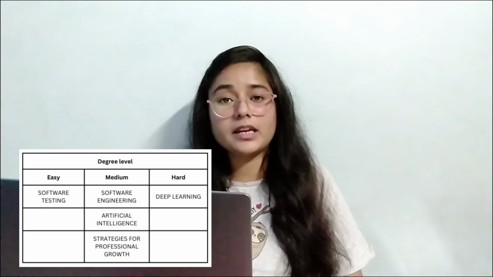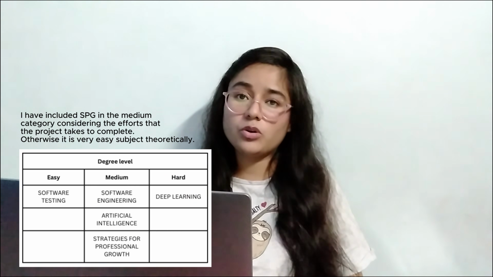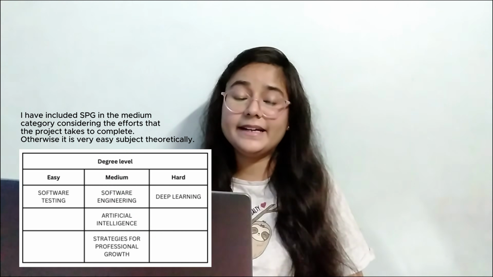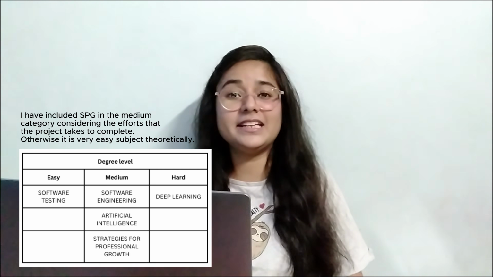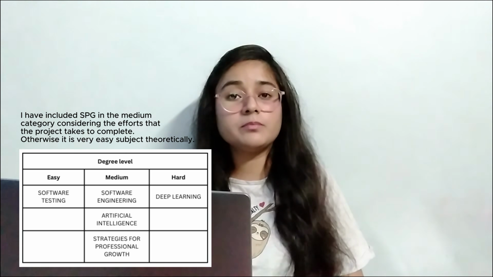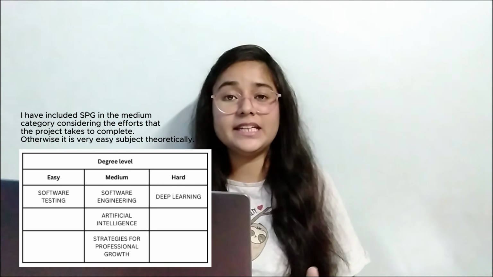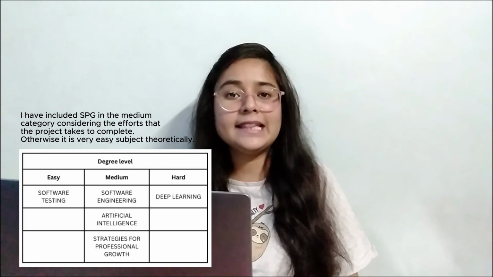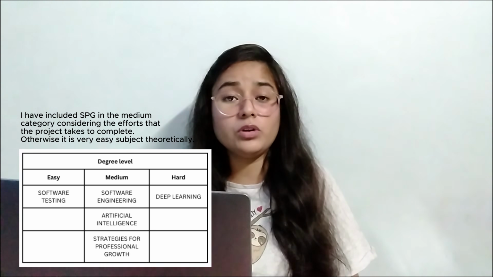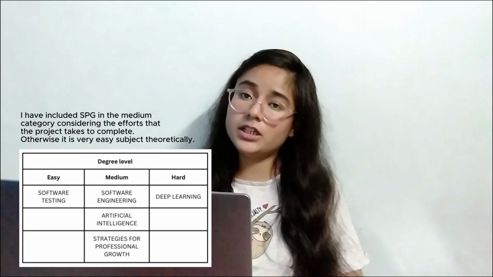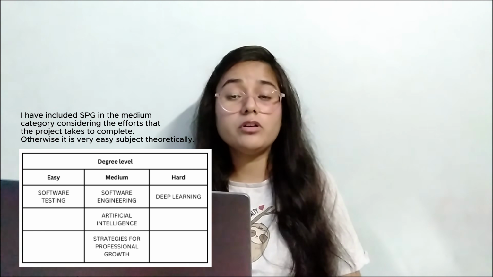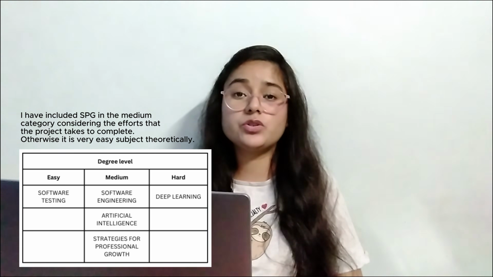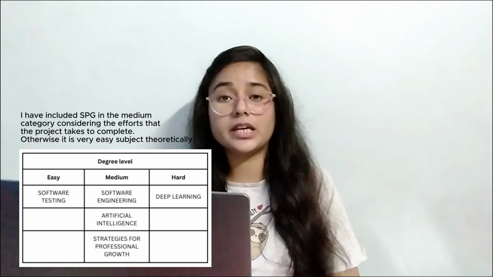If I talk about the 5 mandatory courses, DL, that is deep learning, is the hardest subject of them all. So if you have completed your diploma by taking up the ML subjects in the last terms, that means you have a habit of studying very rigorously for the subjects. So I'll advise you to take up deep learning with software engineering in the first term, and these 2 subjects only, because software engineering has a project included in it, and that consists of 40% of the total grade of your software engineering. So I would suggest to take up deep learning and software engineering in the first term.